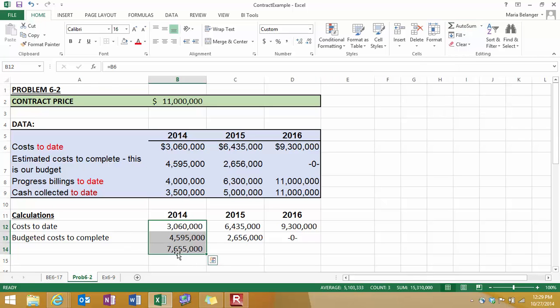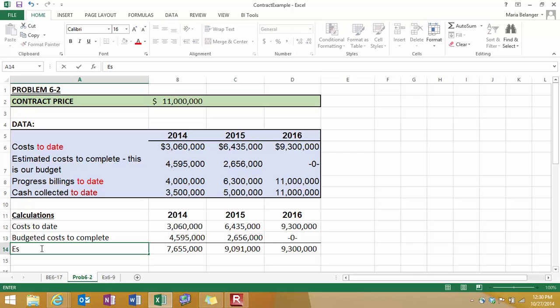So in 2014, we think that we can complete this parking structure at a cost of $7,655,000. We're charging $11 million. And I'm going to stretch out my formula. You can see that in 2015, though, the total costs have changed substantially, because as we move through time, actual costs will not be the same as budgeted costs. So in 2015, the cost picture has changed. We now estimate to finish this contract for a total cost of $9,091,000. And at the end of 2016, we come in at a budget of $9.3 million. So this is our total costs